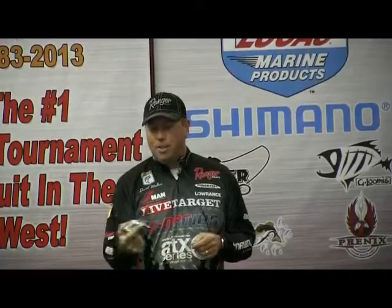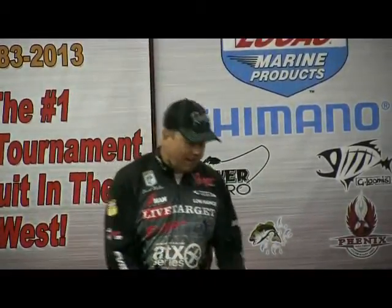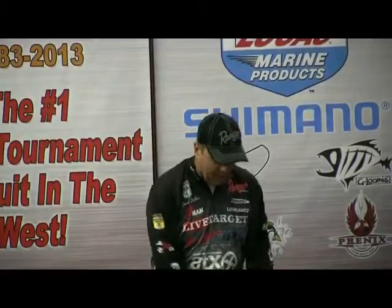Two reasons I like this one for deep cranking. One of them is it's a little slower retrieve. Now, the slower retrieve on the high speed, I love it on this. The problem is, if I'm throwing a big plug, the leverage that I'm not getting out of this reel right here makes it harder to reel that heavy bait in. This one right here with a slower retrieve, the bigger gears, it's easier to reel that hard pulling plug back to the boat. Doesn't mean much if I'm fishing for a little bit, but I'm fishing 5, 6, 7 days in a row,